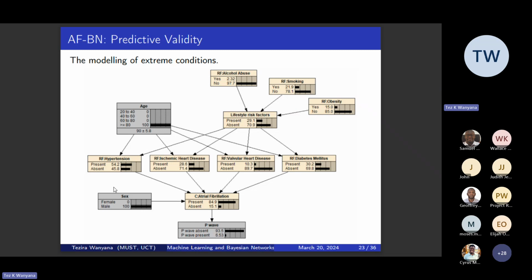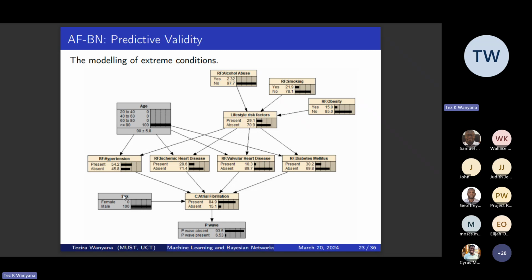But then, based on medical literature, males are susceptible to atrial fibrillation more than women. And also older people may get atrial fibrillation more than younger people. So that's one of the extreme conditions that we modeled, and we were able to actually check out how the rest of the Bayesian network behaves based on